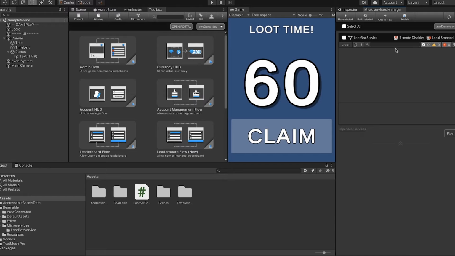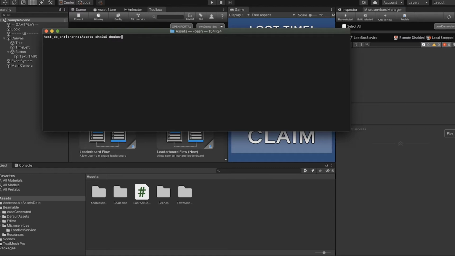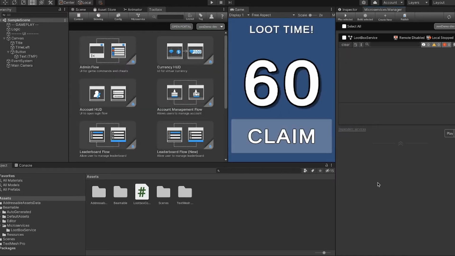We can see that it says local stopped and remote disabled, like it's not running anywhere. And just to prove that to you, if I switch over to a console and do a docker ps command, you'll see that I don't have any Docker images running. So C# microservices and Beamable, what they are, we're actually talking about building Docker images and then running local